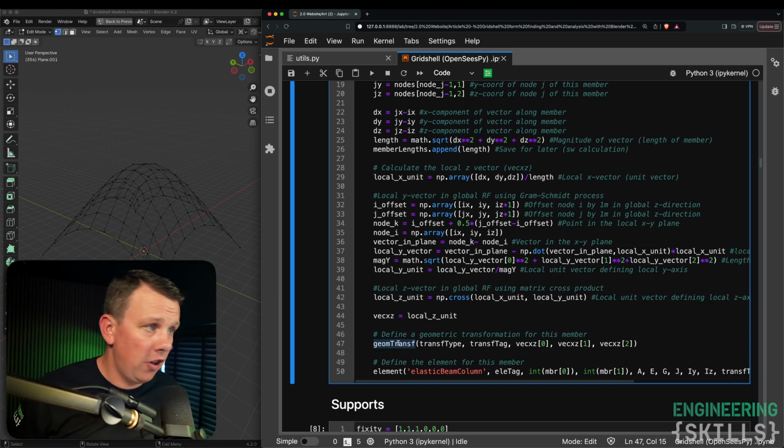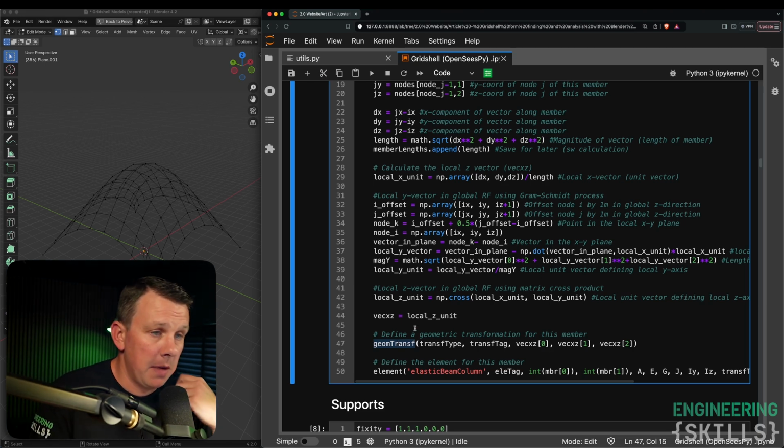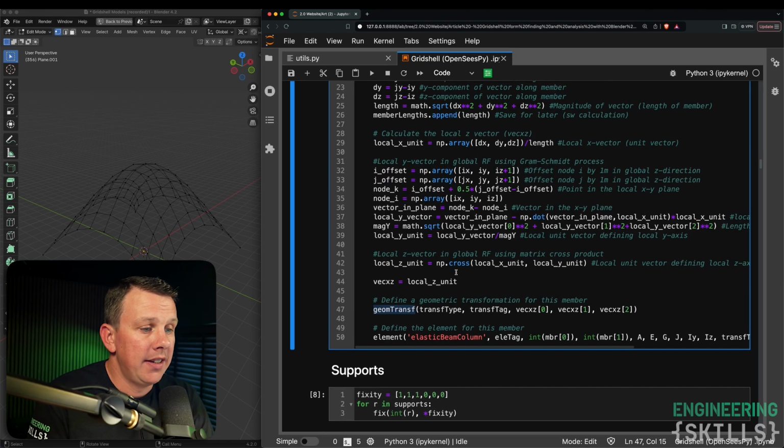So of all the code in this entire notebook, if you're into OpenSees or learning OpenSees, the one thing you want to take away and understand is what's happening here. That's pretty key. So once we've got that geometric transformation for that particular element, we can then just